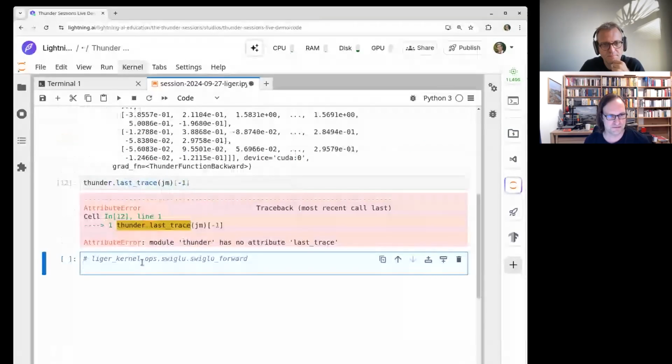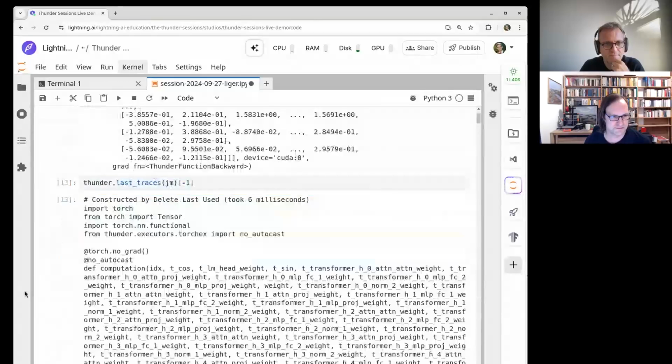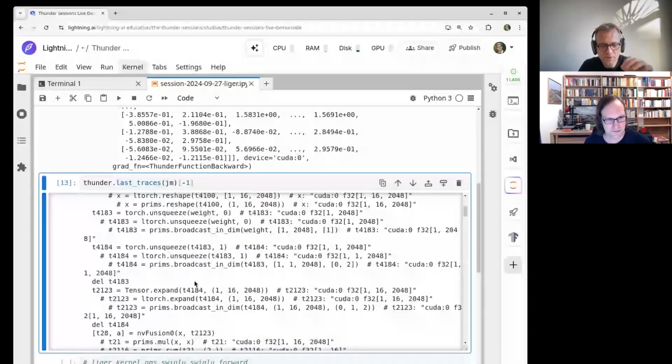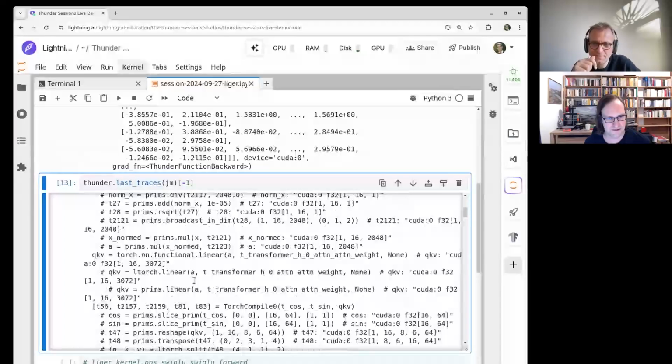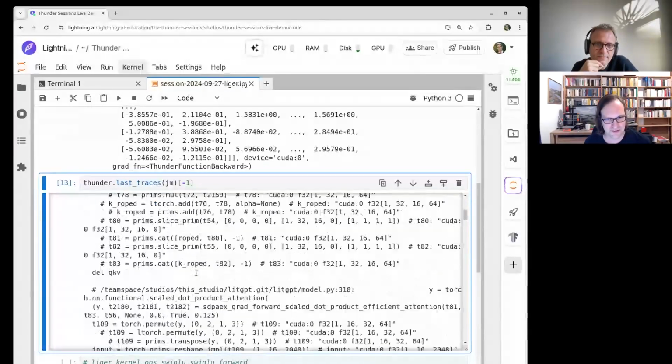So, last traces. This is a pretty long thing. Will we see the SwiGLU in there? Yeah, I think we will kind of see it. Let's take a look if we can spot it.